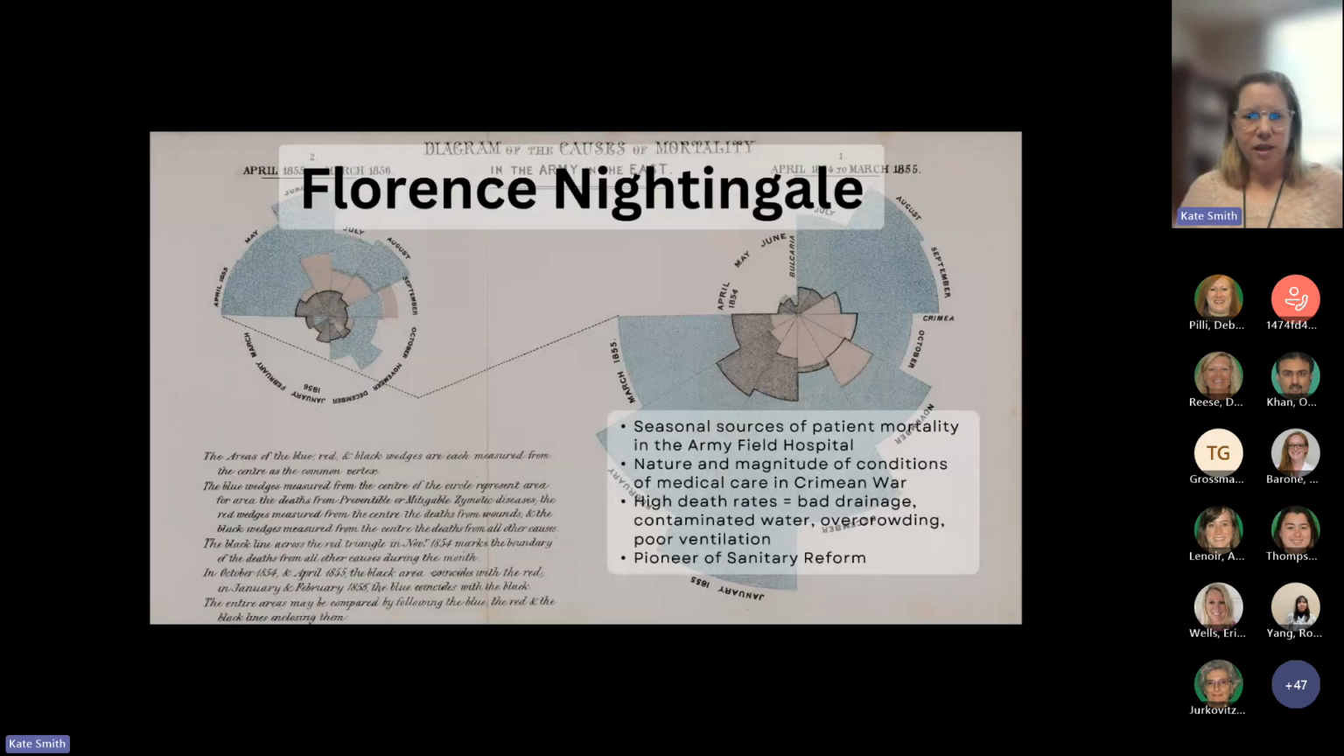The next person I want to talk about is Florence Nightingale. So Florence Nightingale was a nurse. She worked in the Army Field Hospital. And what she did was she created these graphs of the seasonal sources of patient mortality in the field hospital, so of the patients she was seeing. We still use these types of diagrams today, but in this case, the ones that you can see on your screen, the blue wedges are deaths due to preventable zoonotic disease. The red wedges are due to deaths from wounds, and the black wedges are due to deaths from all other causes. So not only was she documenting the conditions of medical care in the Crimean War when she was there,